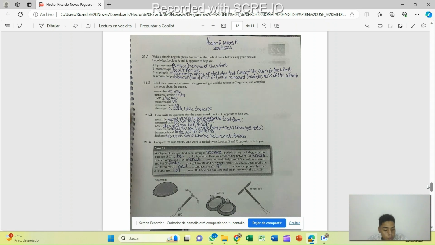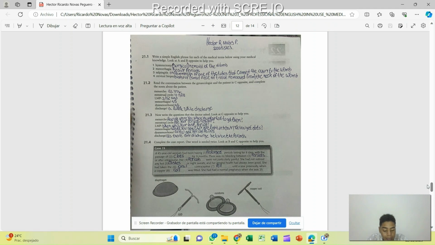There was no bleeding between periods or after intercourse. Her periods were not particularly painful. She had not noticed any hot flushes or night sweats,